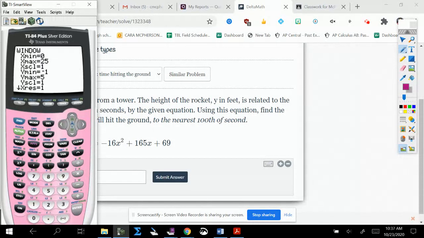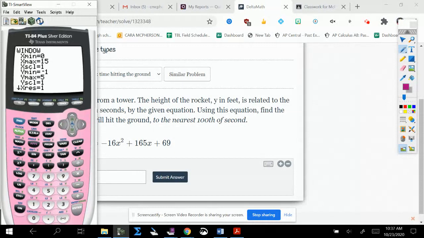This was the window I used for my frog jump. Well, now the time, it took about 5 seconds to get to the peak, which means it's probably going to take about another 5 seconds or so to get to the ground. So I want my maximum to be somewhere above 10 seconds. I'm going to go 15 just because I want to make sure I get everything in there. You could do 12. If you don't like how you set it, you can change it. And then my Y,